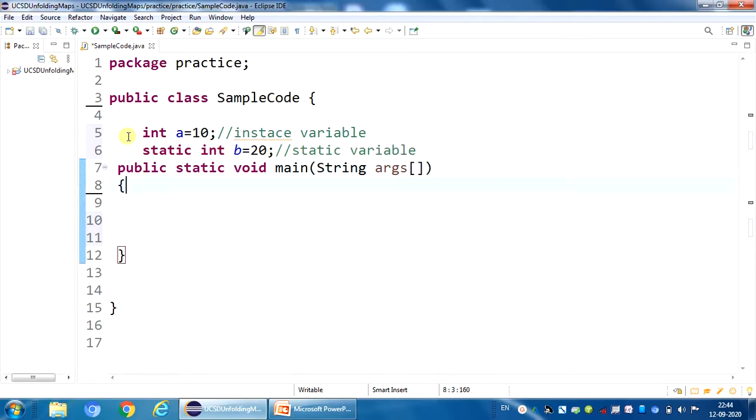In the main method, we should access those variables. So first we have to create the object, that is, SampleCode reference variable s = new SampleCode. Now I access those variables with my reference variable, that is